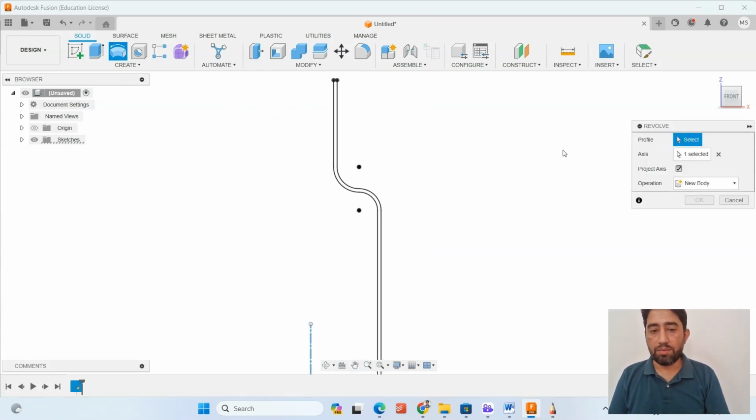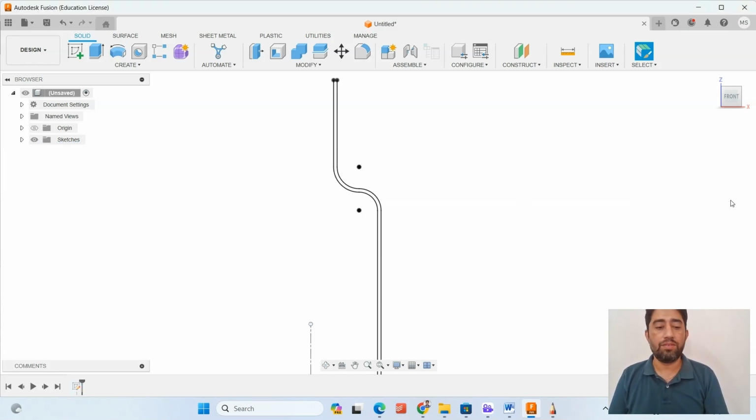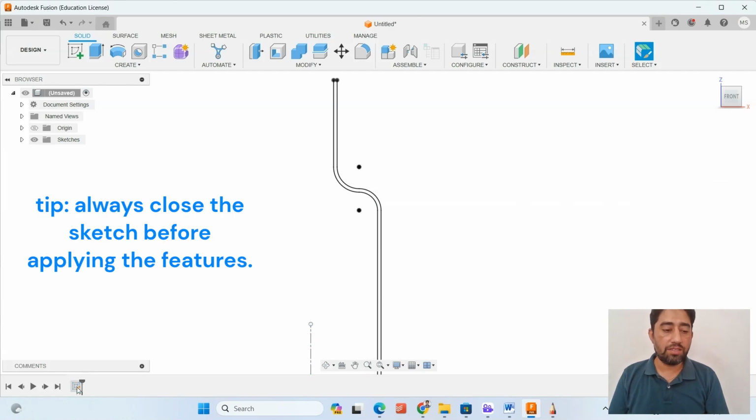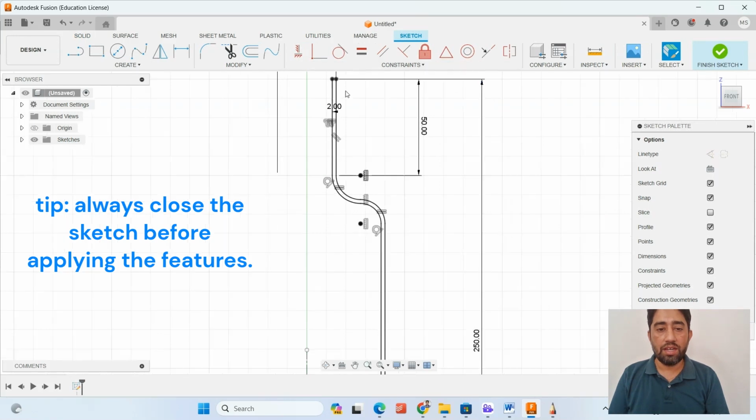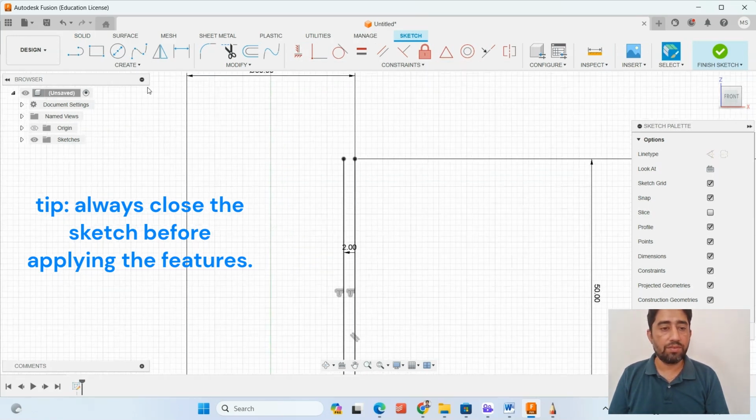So it is asking for a profile, but it is not able to select any of the curves. This center is already selected, or otherwise we can select it by clicking here. But if we click on profile, it is not taking. So what do we have to do? The remedy is to double click on the sketch, or right click and edit the sketch, and close it,